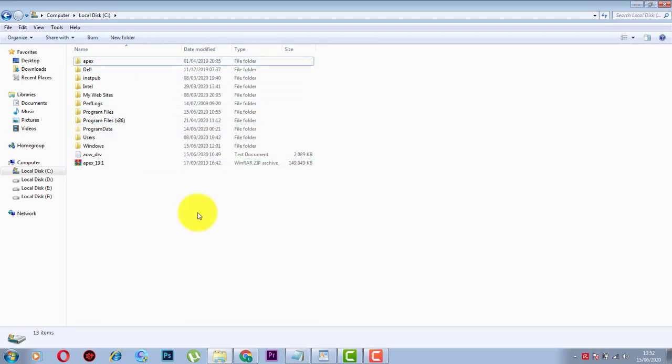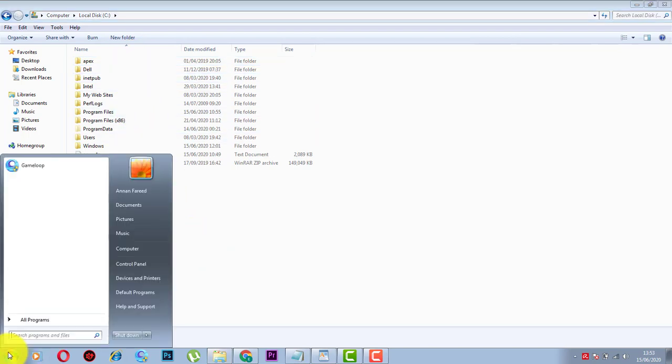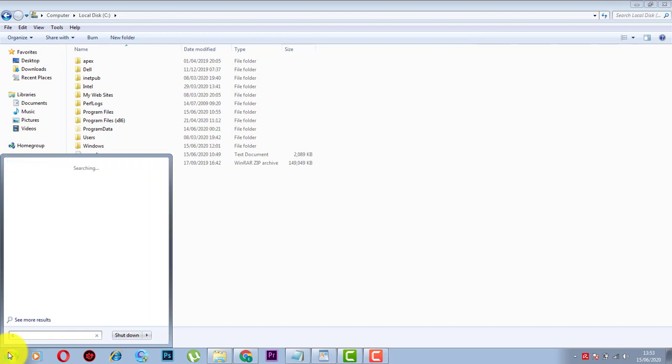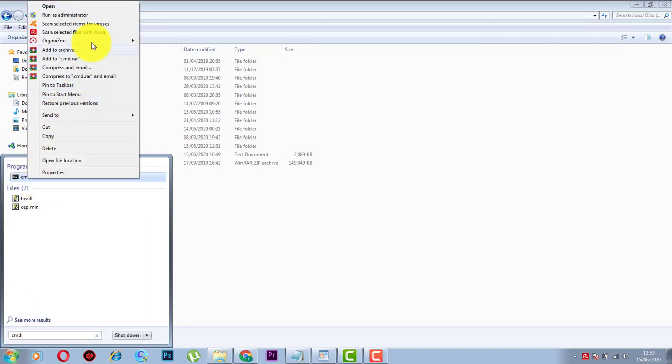So now you need to connect SQL from the path where your Oracle Apex installation has been unzipped. Type CMD, run as administrator.